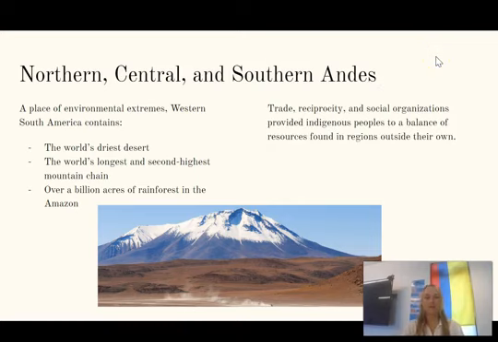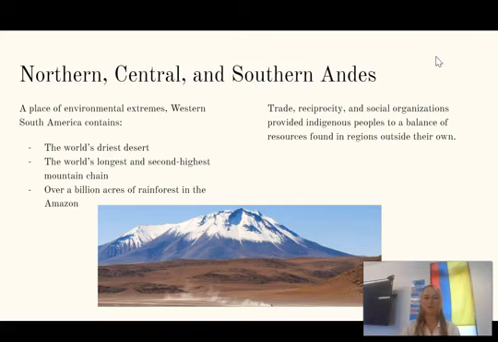Because we have these different regions where people are living and building civilizations, by the way, when I say civilizations, I'm just meaning cultures that live in cities, these cultures and civilizations really depended on trade and reciprocity with other regions, because many of these different ecological zones that people are living in are abundant in some resources and totally deprived of other resources.